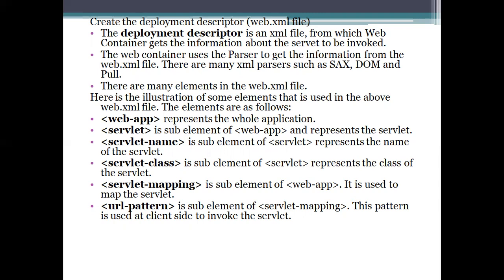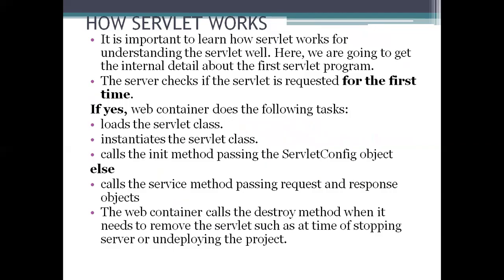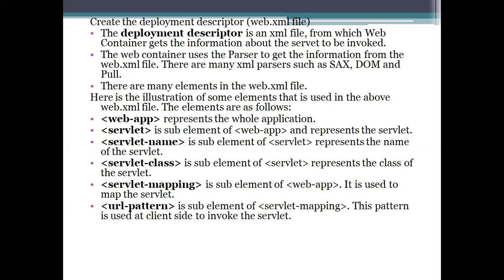The elements in the web.xml file are: web-app, which represents the whole application; servlet, a sub element of web-app, which represents the servlet; servlet-name, the logical name or alias name or dummy name; servlet-class, the fully qualified class name or original name; and servlet-mapping, also a sub element of web-app, which is used to map the servlet. url-pattern is a sub element of servlet-mapping, and this pattern is used at the client side to invoke the servlet. So I hope you understood